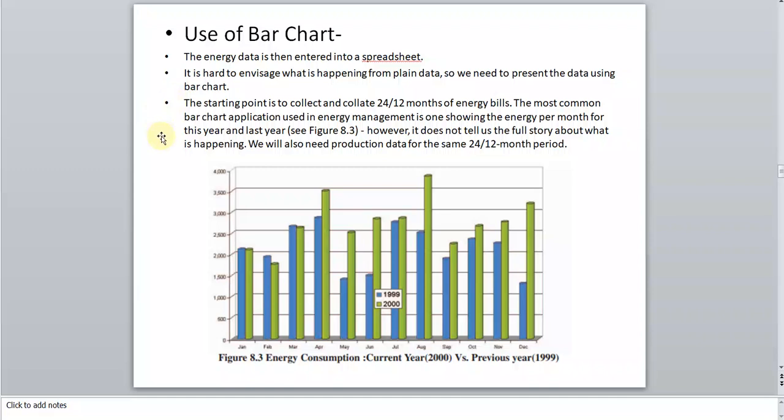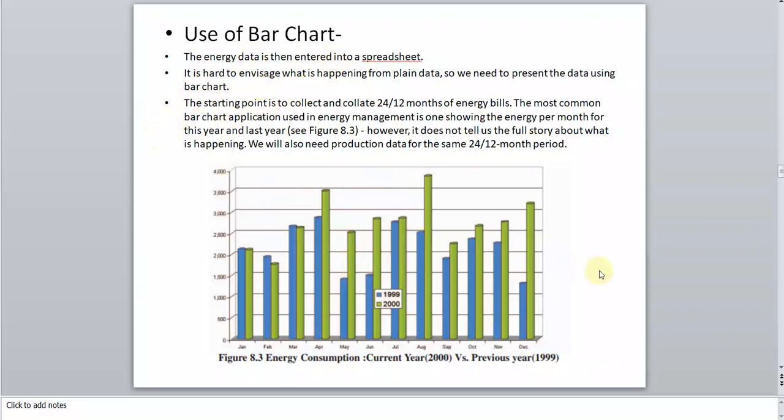First is bar chart, then line chart, then 3D chart, then pie chart, then we can also use scatter plot. If you are using machine learning or regression, you are aware of the scatter plot, then heat map, and so on. There are different types. So for this, you can also use bar chart. Now you can see here,